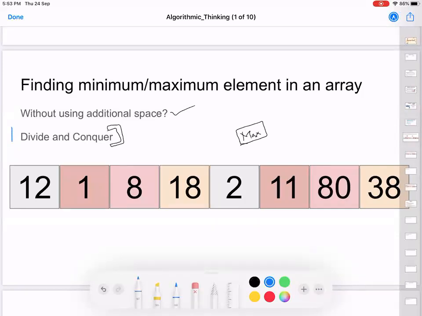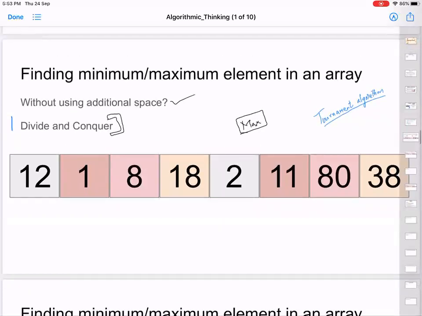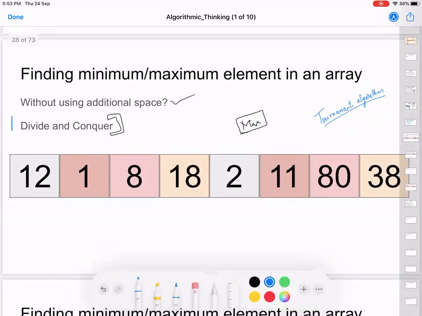So what we can do is, there is this algorithm called tournament algorithm. I'll tell you its exact use, its exact benefit in an upcoming slide. So it's a divide and conquer strategy. What you can do here is, you can start comparing your elements pairwise. So I'm going to tell you an algorithm to do this in a divide and conquer approach, and then let's try to figure out how many comparisons it did.